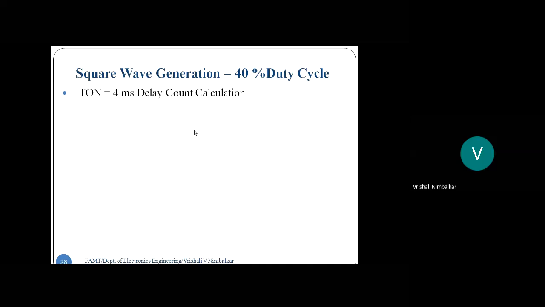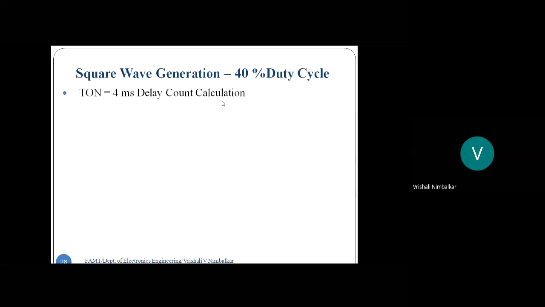So when we clear that port bit, another timer delay program of 6 milliseconds will be called. Is that okay? So let us do the count calculations. We need to do such 2 count calculations. So let us start with the 4 millisecond delay count calculations.